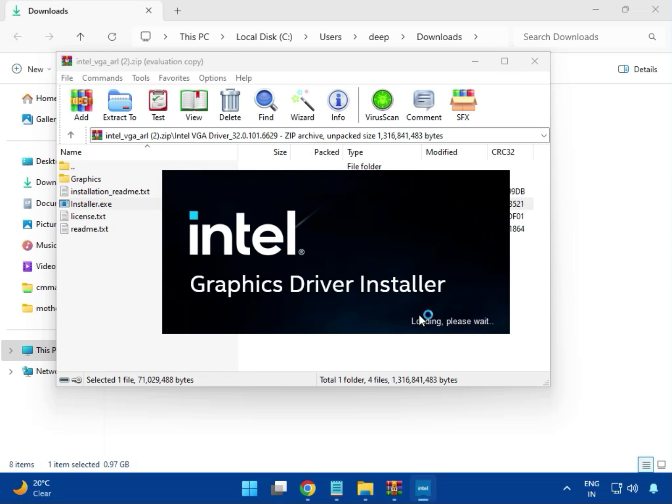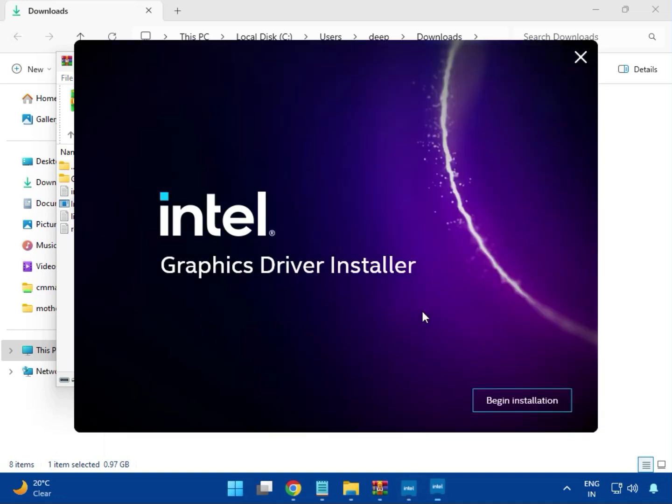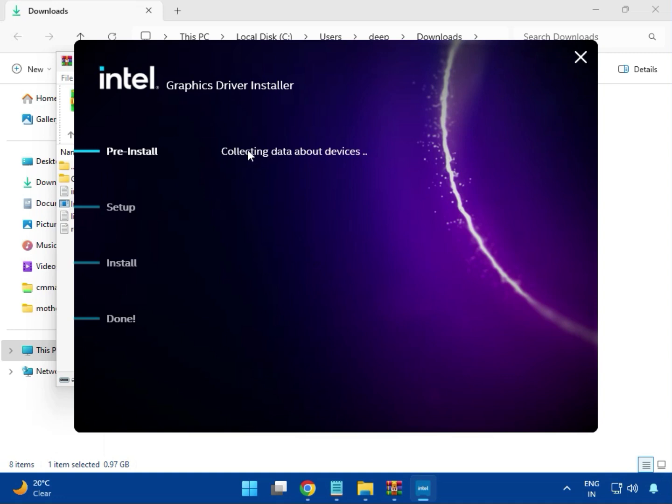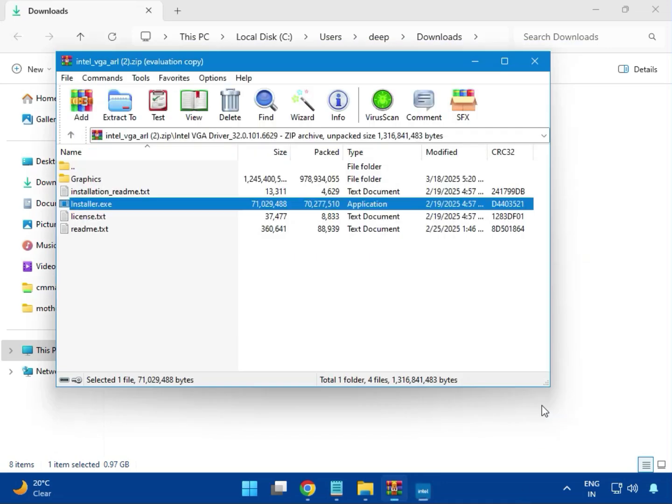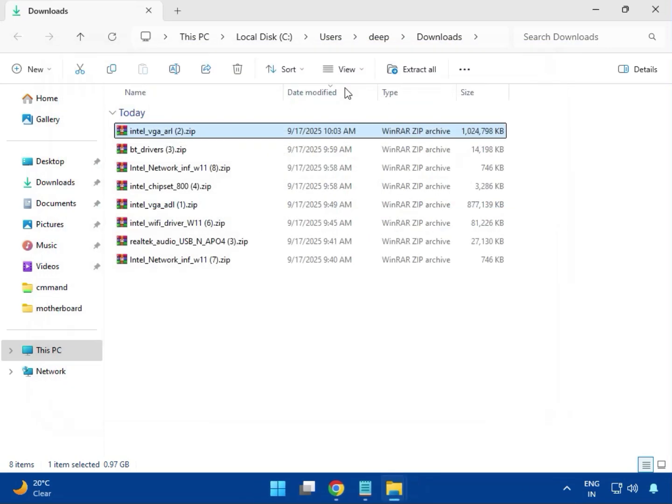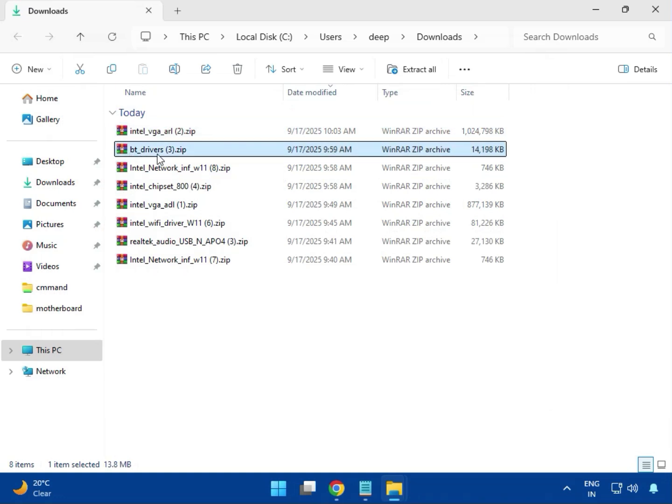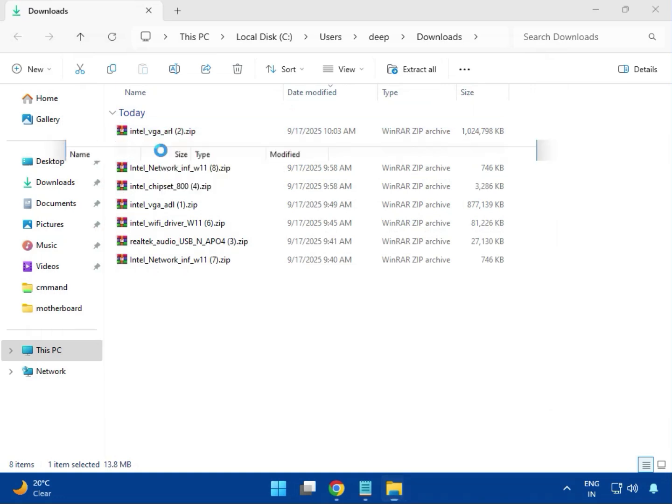It will take some time, and next to installed, and then click to bring installed, collecting and then done from this installed. After that, click OK. When it is completed, then close it. Then next, BT means the Bluetooth driver, just a single click to open,